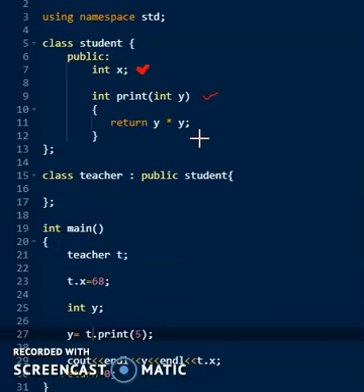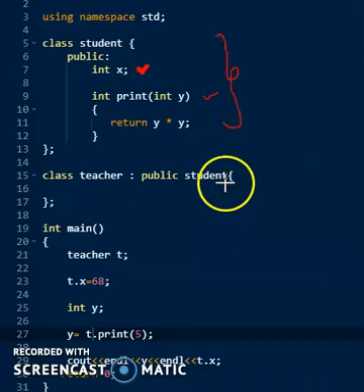And this print function, if you have seen my previous video, the class which I have defined here is the same class which I have seen in your previous video. This print function takes an integer value, multiplies that integer value with itself and returns it. So this is a simple function, a simple class which I have defined here.